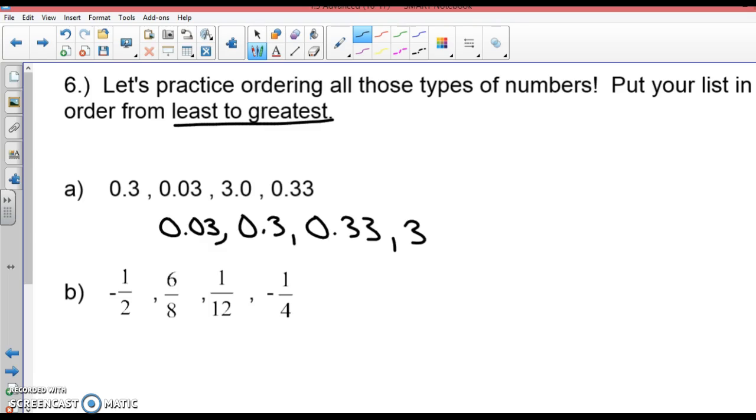Now, when you have positives and negatives, think about a number line. The farther left it is, the smaller it is. So the number on this list that is furthest left is -1/2, then -1/4, then 1/12, and